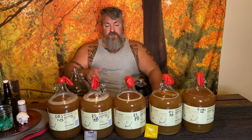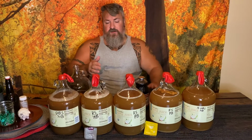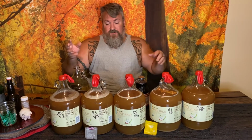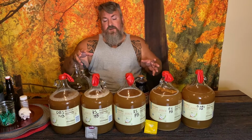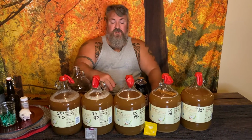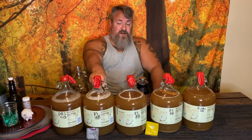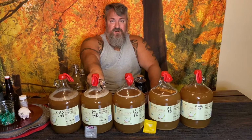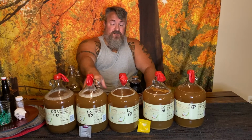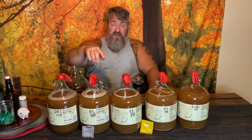So Acetobacter is in everything. Fruit flies bring it in to make your vinegars, but you have to have alcohol with the Acetobacter, the acid-producing bacteria. If you add more oxygen, then you have a possibility of making a vinegar. So technically we could turn these into vinegar. All I have to do is continue to aerate it after it's fermented the sugars out of this, and just pop the top off. You can actually take an aerator and put it in there and continue with aeration and make a very quick